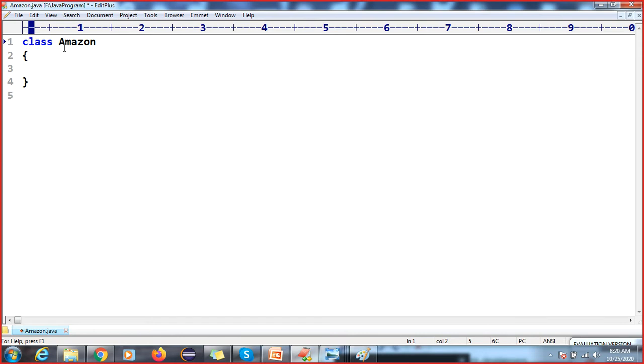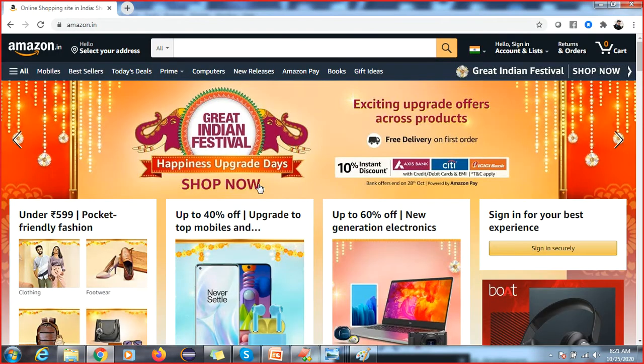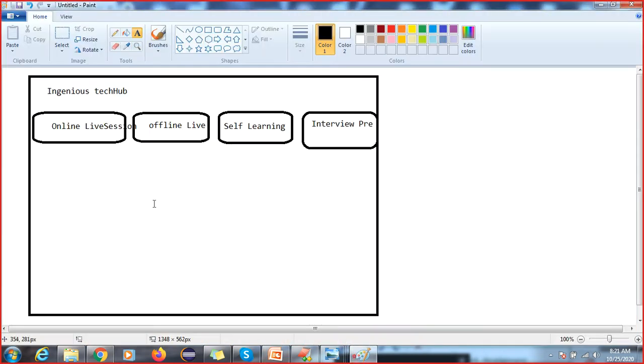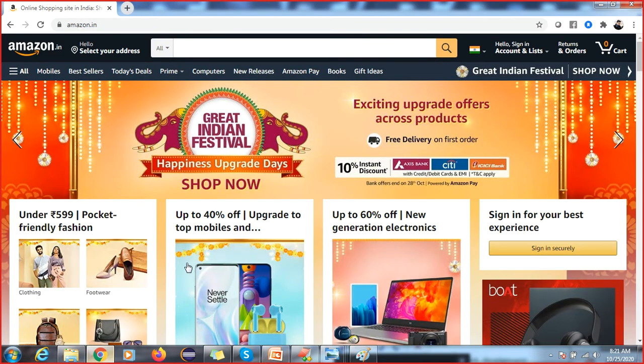But in object oriented programming language, they have given principles, object oriented programming principles. So see, if I develop this application, we need security, right?